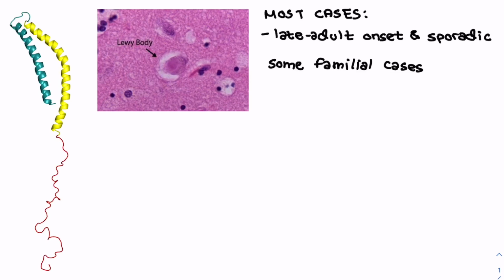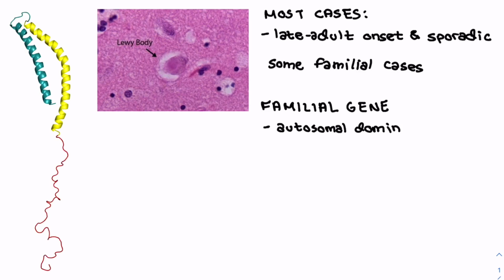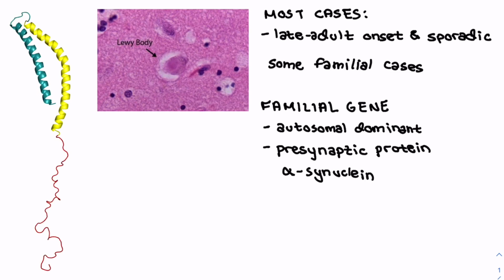In 1997, studies of some Italian familial cases of Parkinson's in the village of Contorsi Terme, as well as a few Greek familial cases, resulted in the identification of the first familial Parkinson's disease gene. This gene, which is inherited in an autosomal dominant fashion, encodes for the presynaptic protein alpha-synuclein. The function of alpha-synuclein is not fully understood, but some studies suggest that it plays a role in regulating neurotransmitter